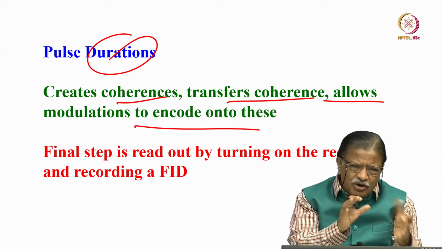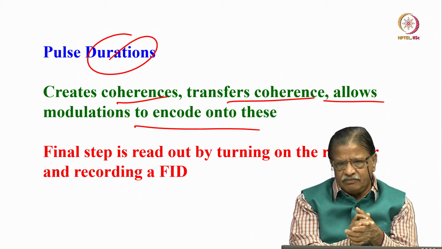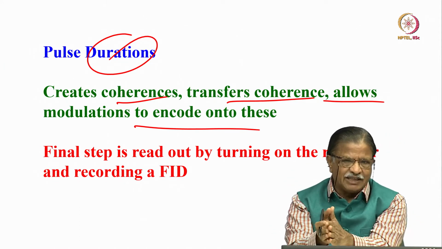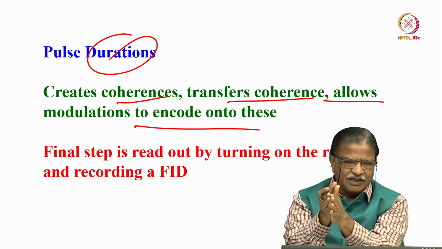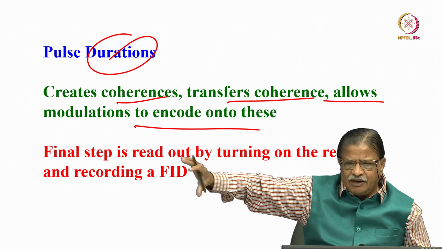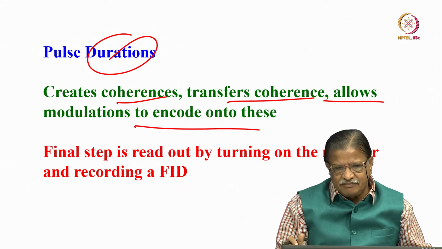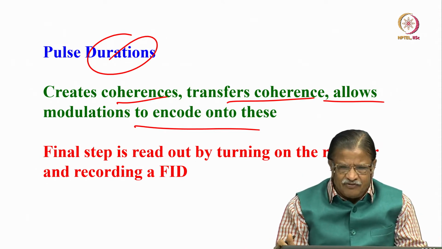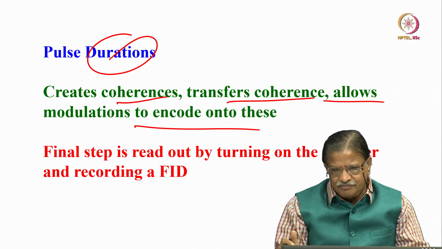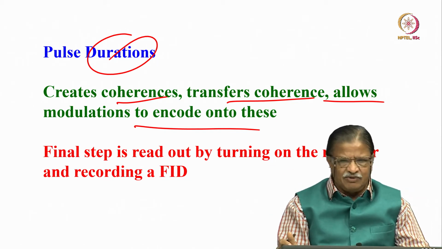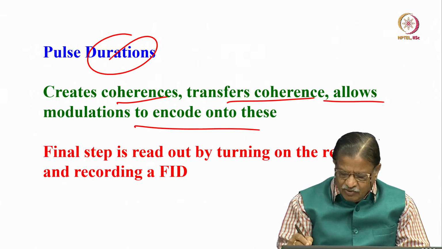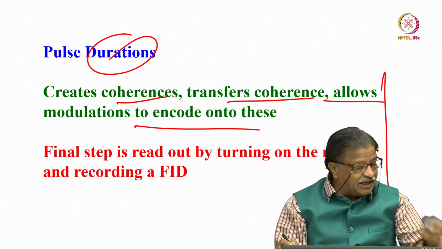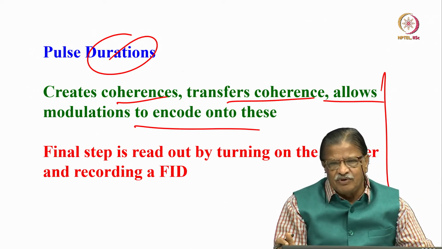And you do all those things up to the last time period where you apply the final detection pulse to detect the signal and start collecting the data in the detection period, where you record the real FID in the time domain t2. Since we are discussing only 2D, that is the t2 period. So, pulse duration is very important, that decides the varieties of information which you want to derive.